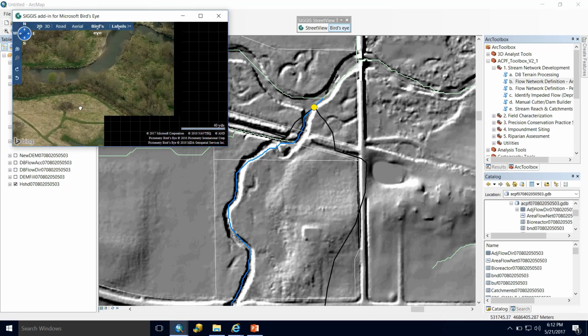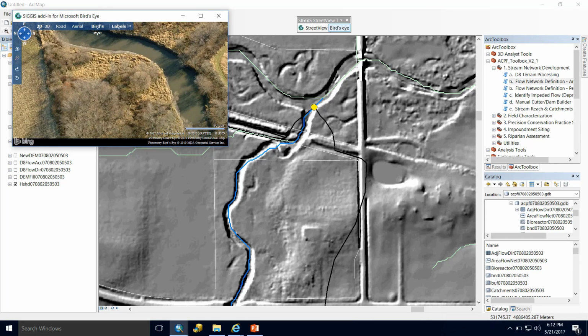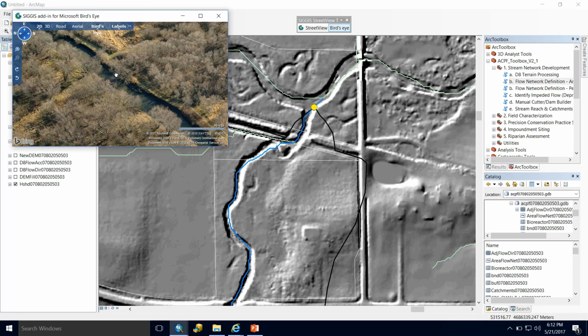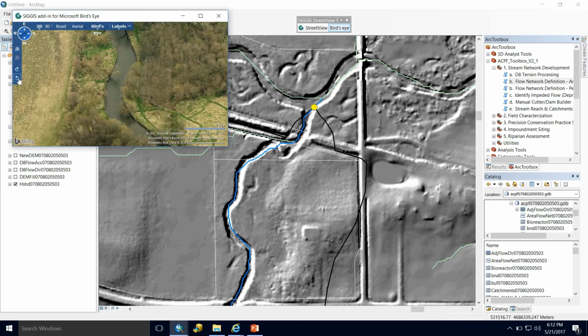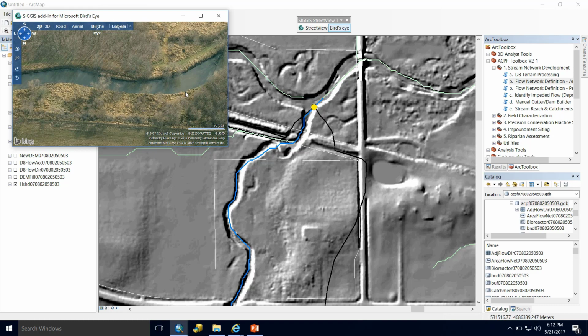And this will be very helpful for identifying your perennial network. You'll notice that sometimes you can also rotate so get a different look at it, which can be very helpful in times when you have vegetation blocking your view, or maybe a shadow. You can just keep rotating until you get a good view of the stream system.